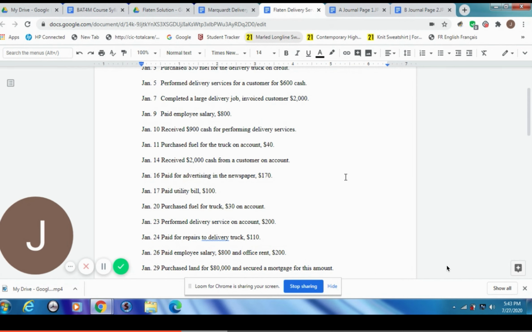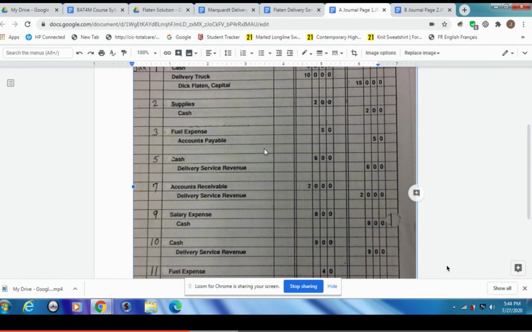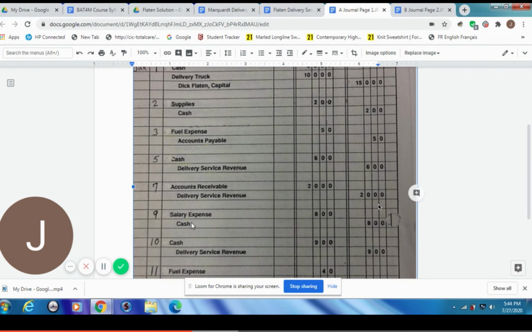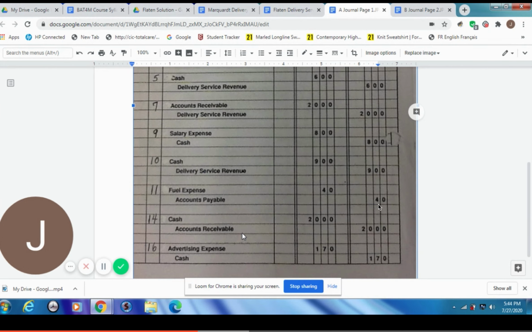And the next date then is the 9th. And on January 9, it says paid employee salary $800. So we are paying some of our employees a total of $800 salary. So we'll go to our journal page for that, put the date in on the 9th, we will debit salary expense $800, and we're going to credit cash $800 when we pay those salaries. Okay, we will leave a blank line here, and then we will go back to our transactions and look at